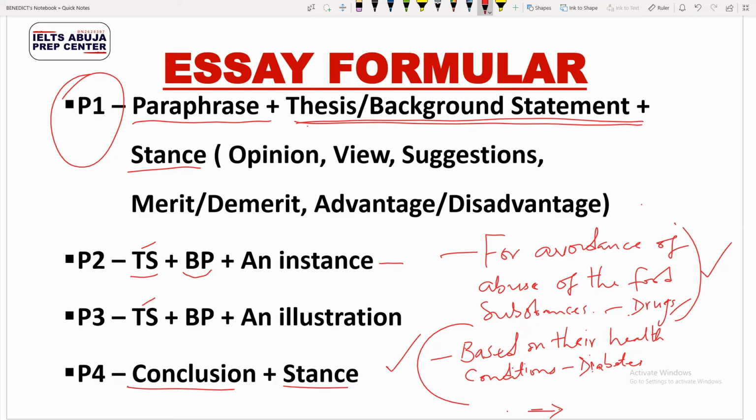So how do you establish your thesis background statement? Please, let's assume that your full stop stops here. Your thesis background statement should continue on this same line. Please don't leave this place and come to another line to write. Right? There is still space, so use it. So let me show you how to establish your thesis background statement. So immediately after the full stop, you write